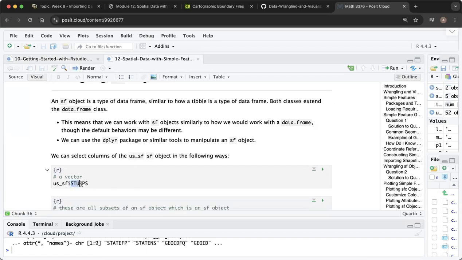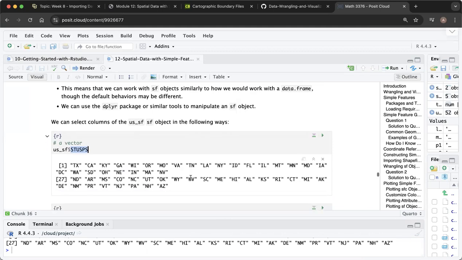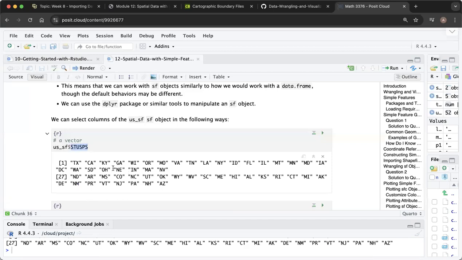So for example, this variable in the US_SF data frame is the abbreviations of each state. If I run this code cell, it's going to extract that information, but it's just going to store it as a vector. So here's a vector of all of these state abbreviations. And I believe there's also Puerto Rico and DC. If you look through these, I think these are possibly organized in terms of decreasing size. Okay, so that's pulling off this information